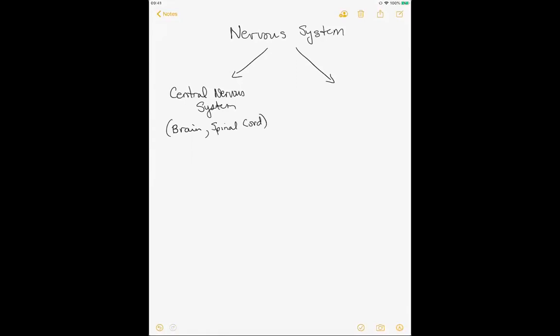Then there is the peripheral nervous system. This peripheral nervous system can be broken up into two regions. The regions of the peripheral nervous system are the somatic nervous system